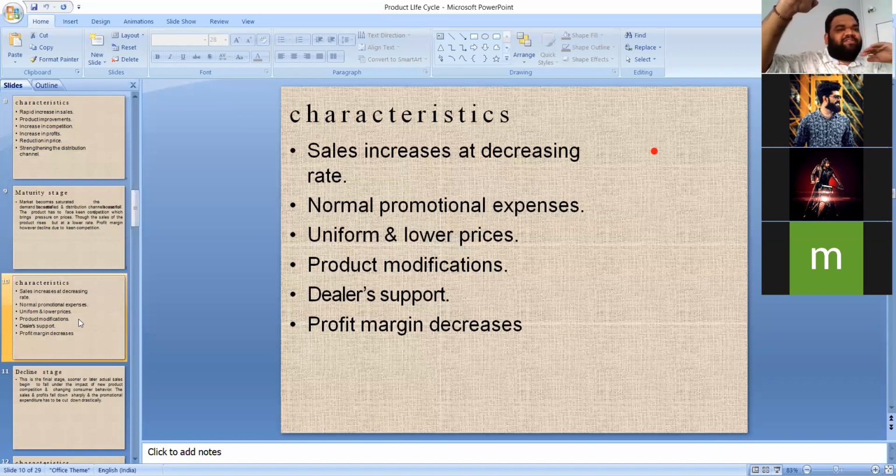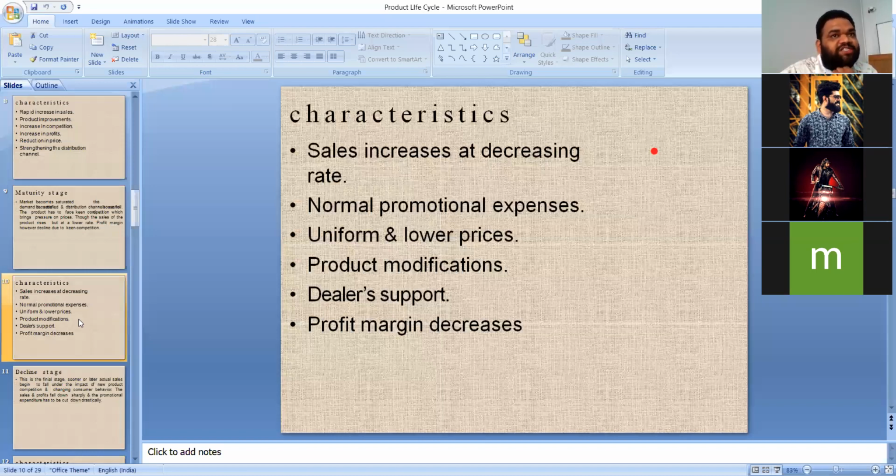Sales keep increasing, but at one level they start decreasing in the maturity stage only, because that's what we call maturity. Next, normal promotional expenses. Now we have reached many of the customers, so much promotion is not needed. Normal promotional expenses will be there, with uniform and lower prices, and product modifications. Why PLC analysis is done in innovation management: at the growth stage